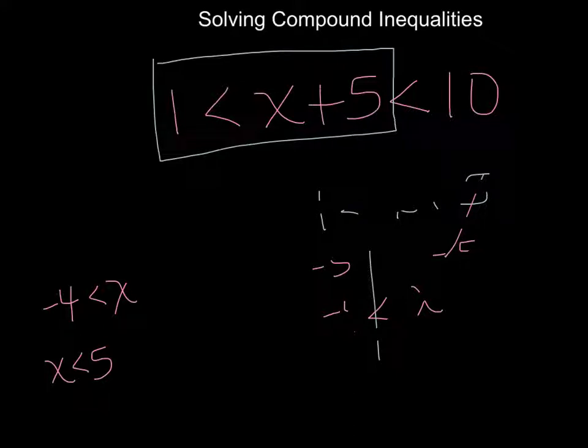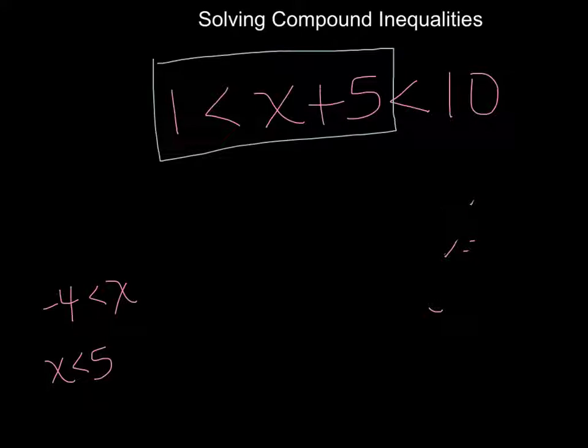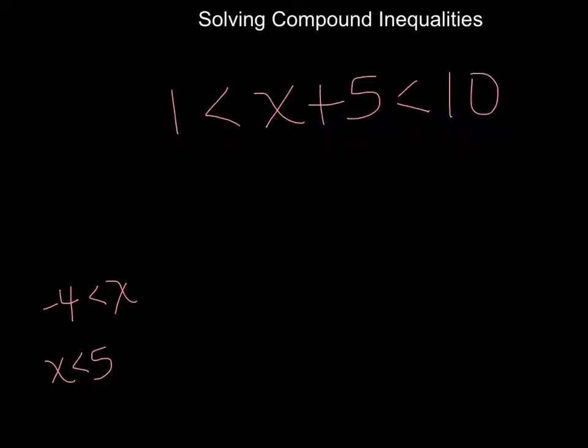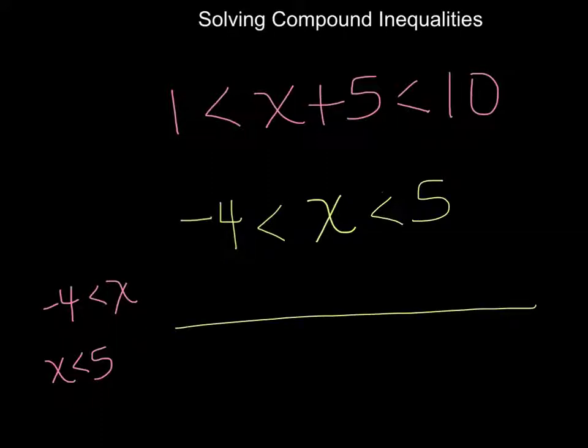I will go ahead and erase all of this, and let me show you how you write this. So basically you're taking that x plus 5 and dividing it into two separate inequalities. So now when you go to write this, I'm going to write x is greater than negative 4, but x is also less than 5. So when you go to graph this,